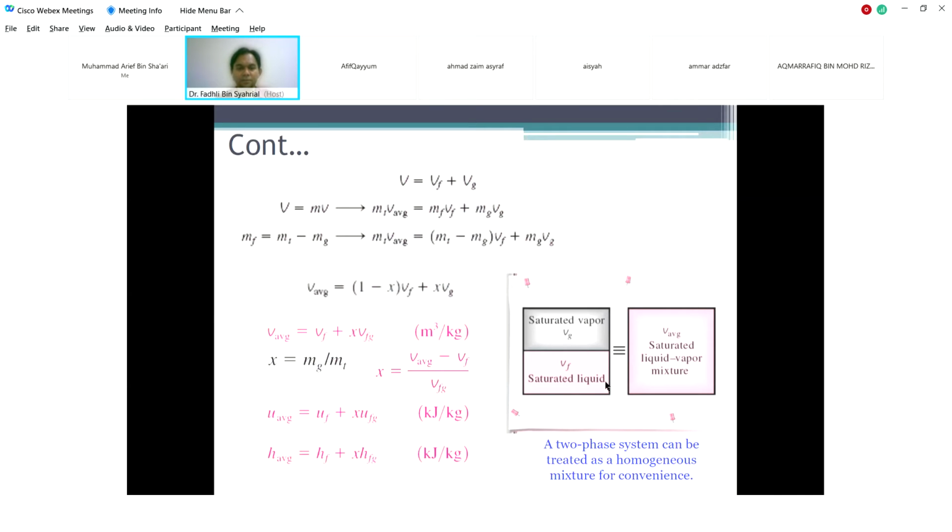Okay, next. This V is volume, uppercase V, the symbol for volume. Total volume is equal to the volume of the liquid, Vf, and the volume of the vapor, Vg. If we combine both Vf and Vg, we get the total volume. Uppercase V is the symbol for volume.